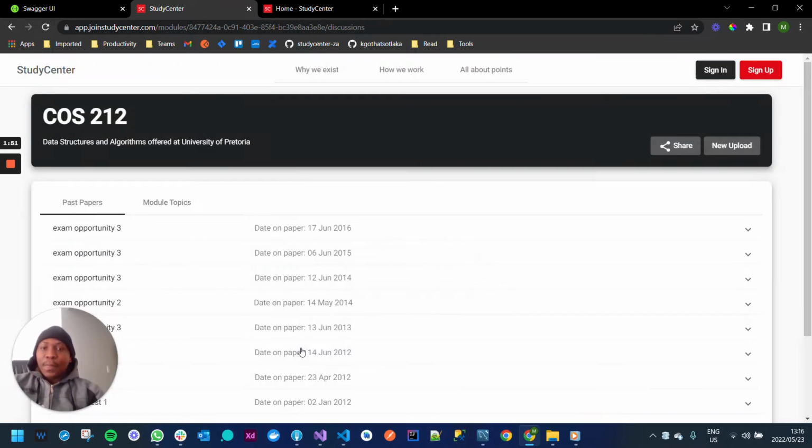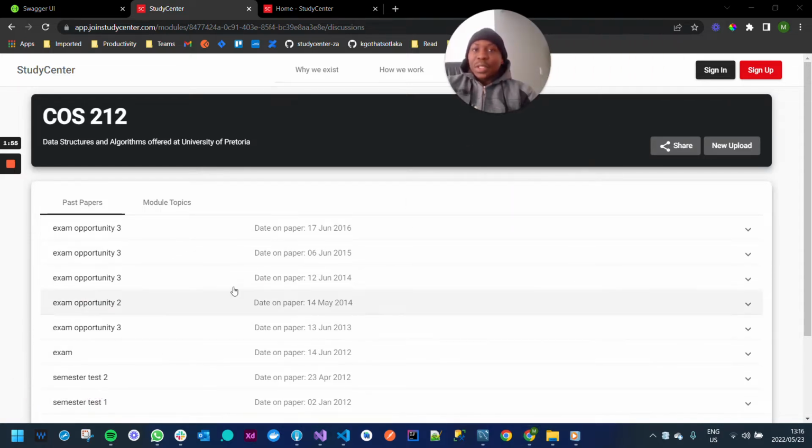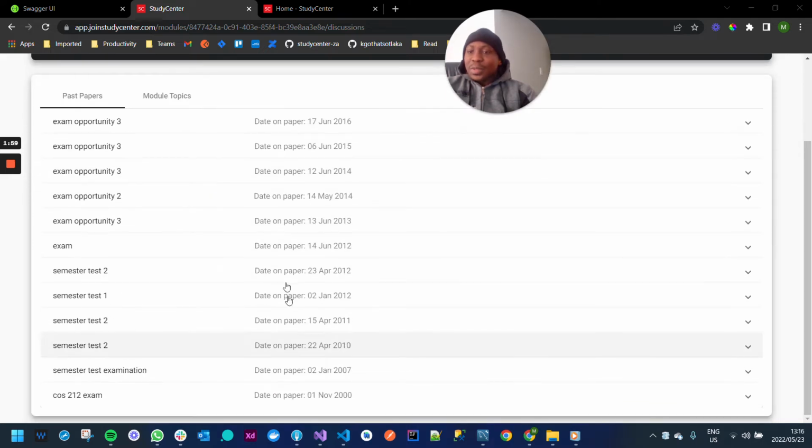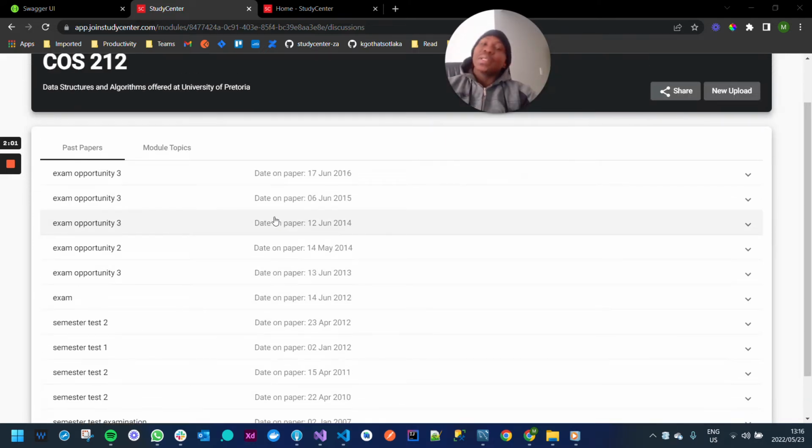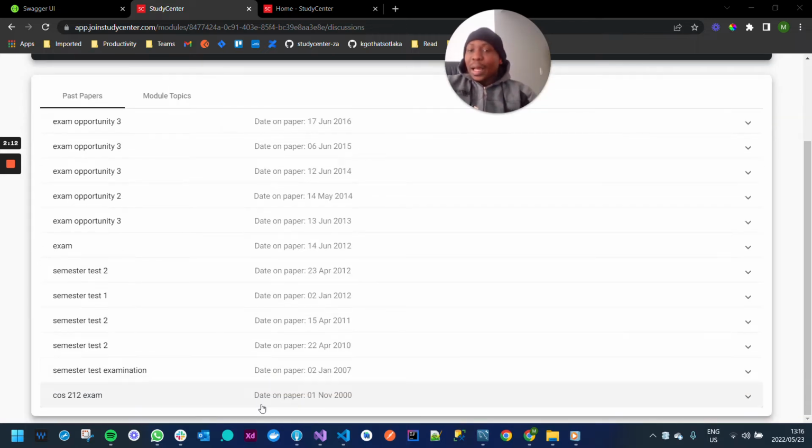All right. So as you can see here, these are all the past papers that are currently listed on the platform. These are past papers that I have been collecting over the years. These are past papers that I had in my own local storage, right? I went ahead and uploaded them onto the platform. For each past paper, you can see we go all the way from 2002. So this is the course 2 and 2 exam, which was taken